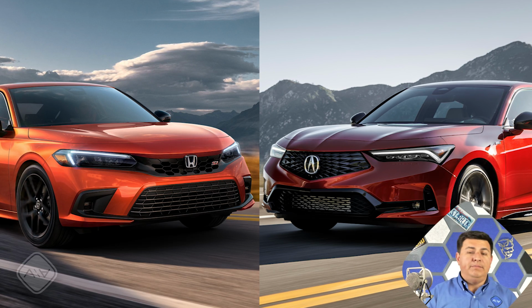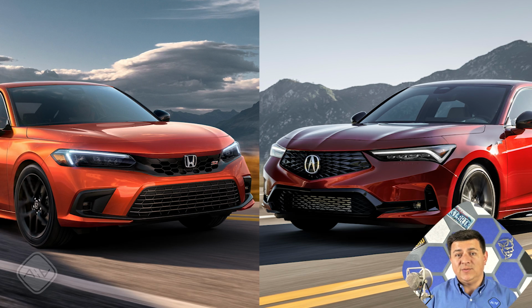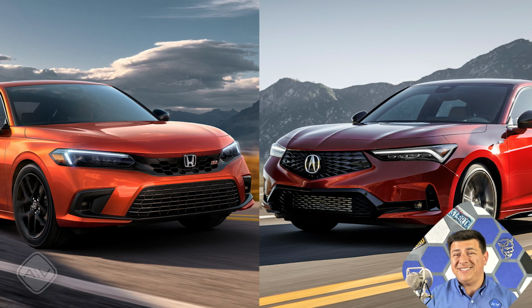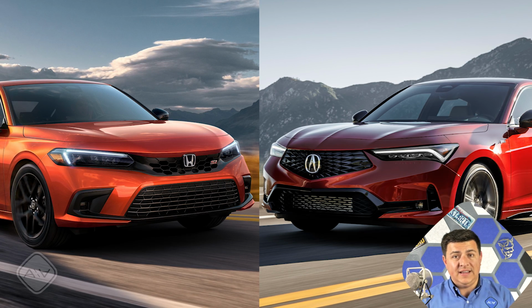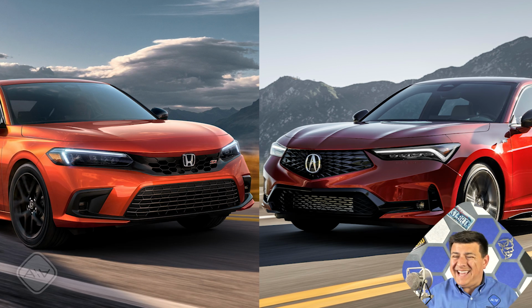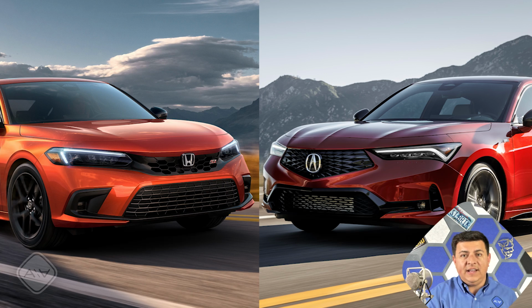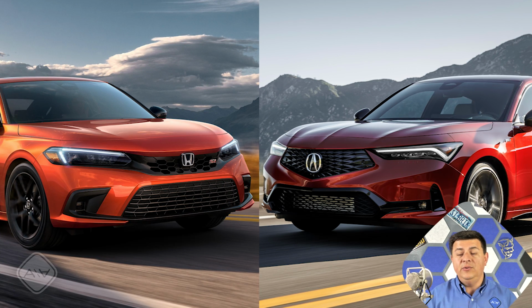If you're worried about maintenance and breakdowns, things like that, you do get some extra roadside assistance as well. That's linked to the base warranty on both vehicles, so you get 3 years, 36,000 miles of roadside assistance on the Honda, 4 years, 50,000 miles on the Acura. You also get the better Acura dealer experience, and I think the Acura looks a little bit better on the outside. So as far as Civic Si versus Acura Integra, I would say they're both equal value,